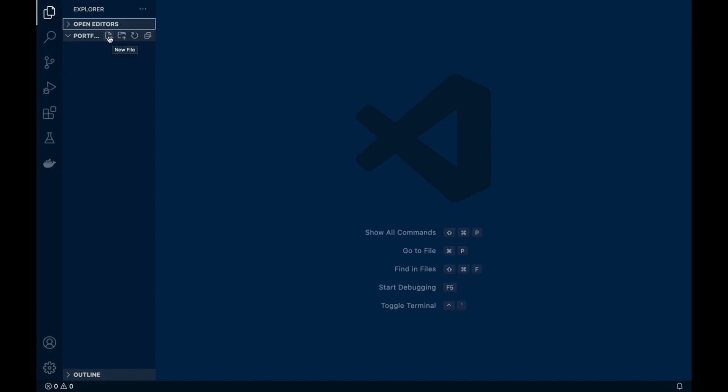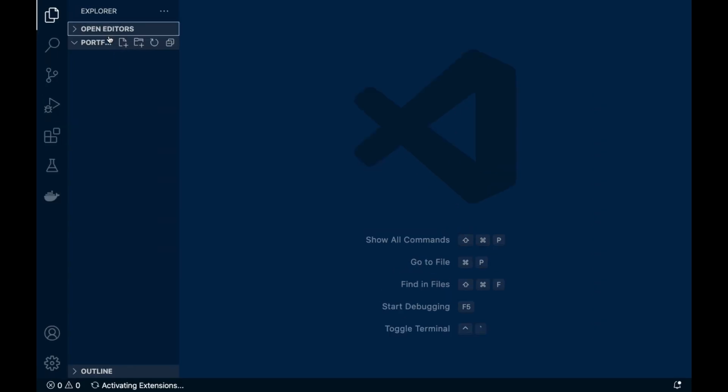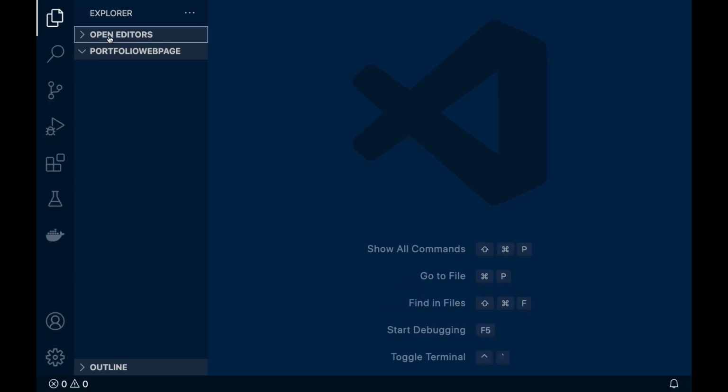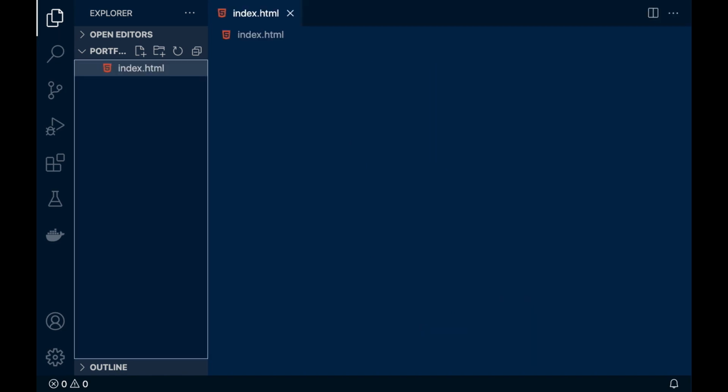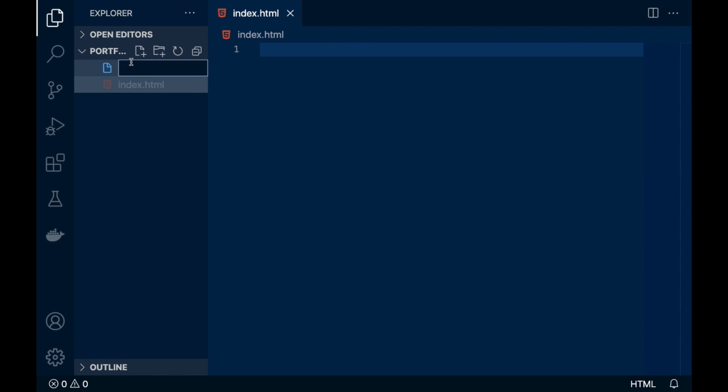Now friends, I will zoom this so it will be visible more clearly. So now I will make a file index.html and a CSS file. So in here we will write our code, and now we are going to implement Bootstrap here.